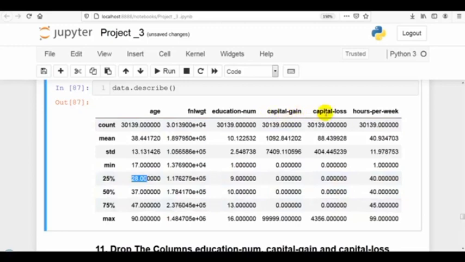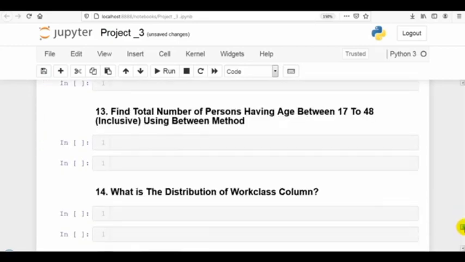As you can see over here, capital-gain and capital-loss. As you can see over here, 75% values are 0. Same over here. So we have to drop it. So this video is going very long. Remaining 10 questions that we will